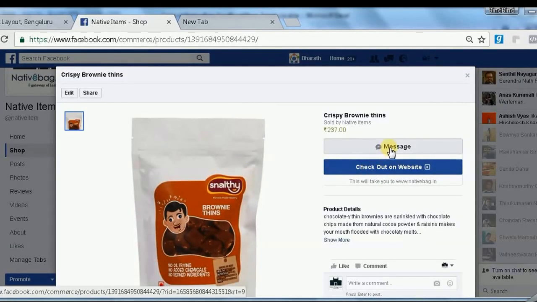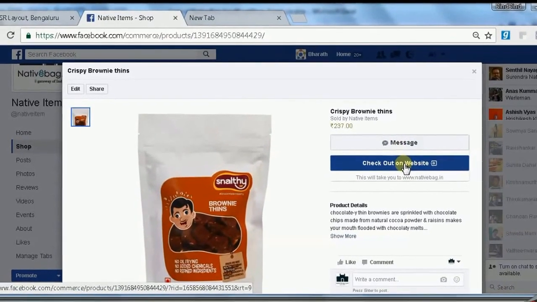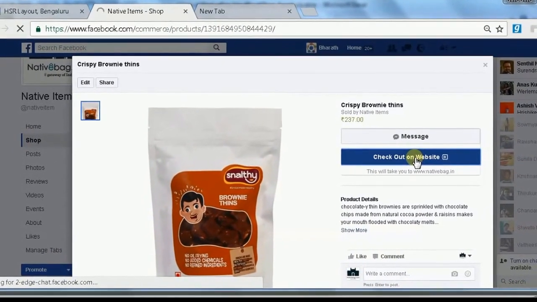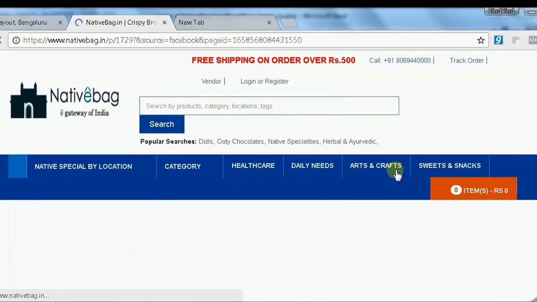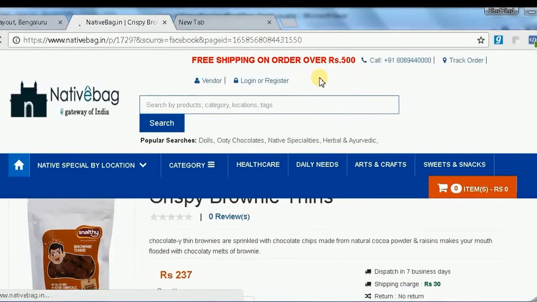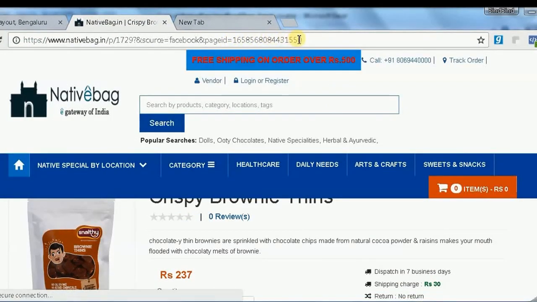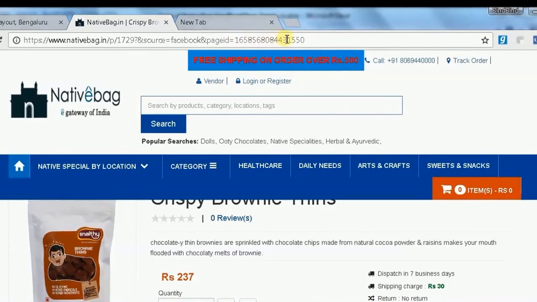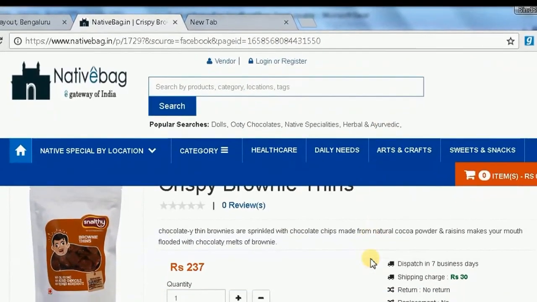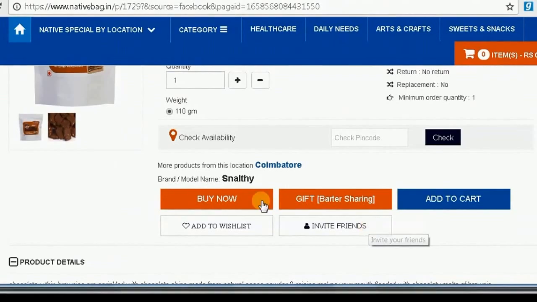If you click the item, you can see the message button as well as checkout on the website. When you click on this checkout, it goes to the Native Bag website and you can see the page ID linked here. So whenever the consumer comes here, this page ID will be stored.